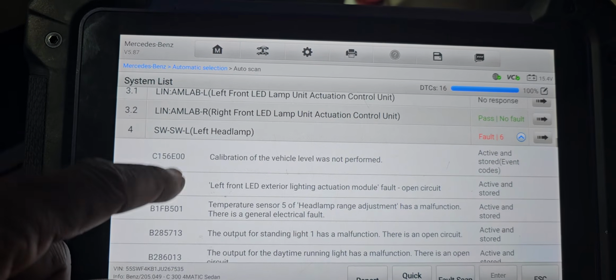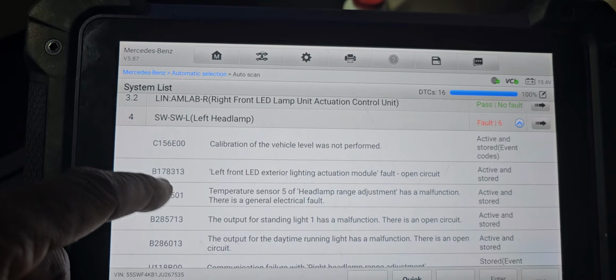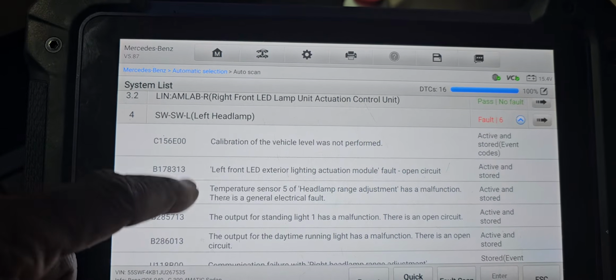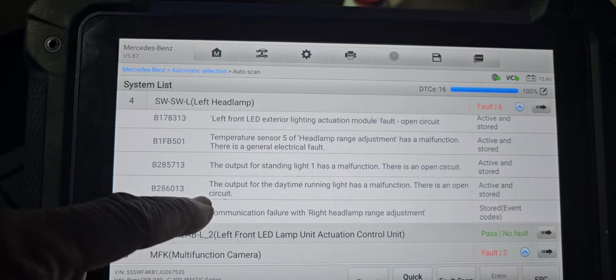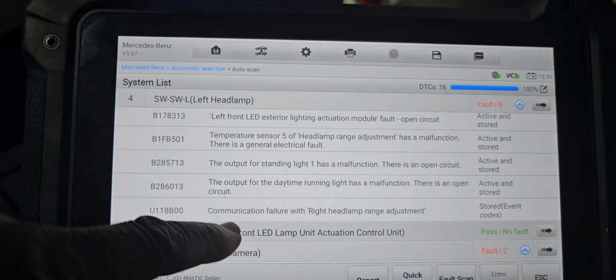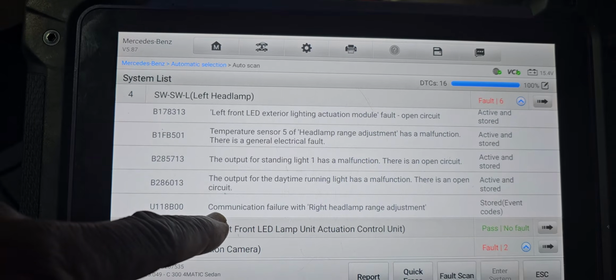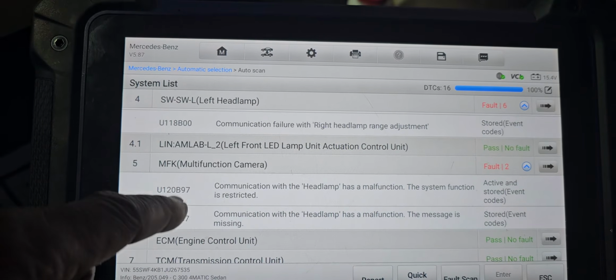SWS left side, calibration of the vehicle level not performed. Left front LED exterior light actuator module fault. Temperature. Communication failure with the right headlamp range adjustment. Okay,